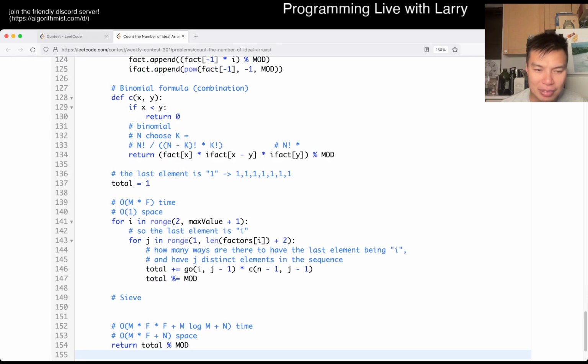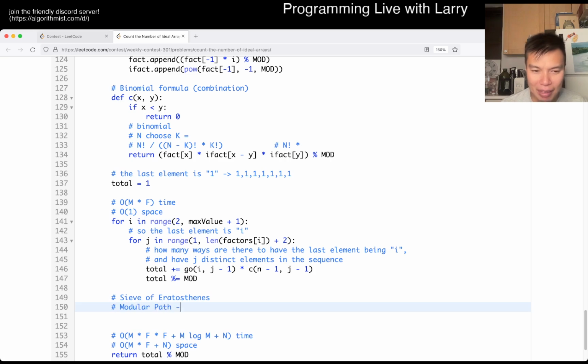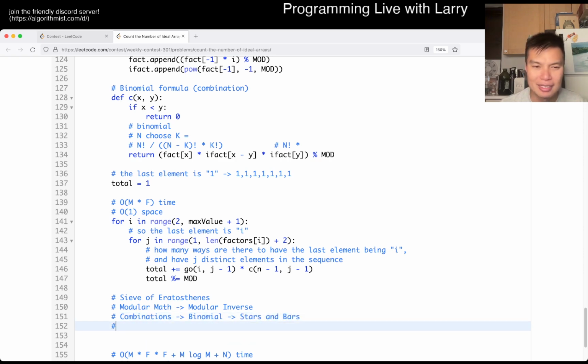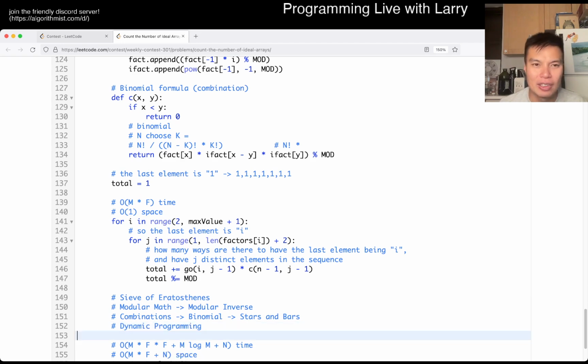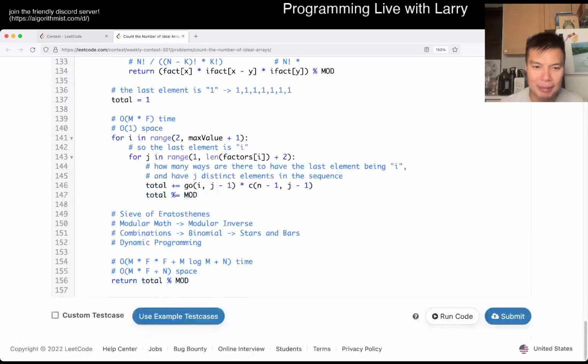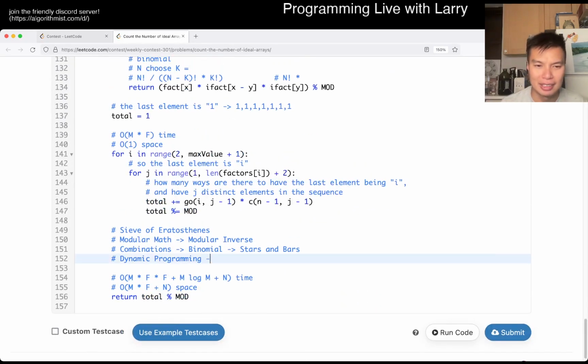So you need to know CIF. You need to know modular math, including modular inverse. You need to know combinations, which is also binomial, and maybe stars and bars, and is that it? And I guess dynamic programming. So this one is very hard as a result, and also just taking note that dynamic programming and maybe even